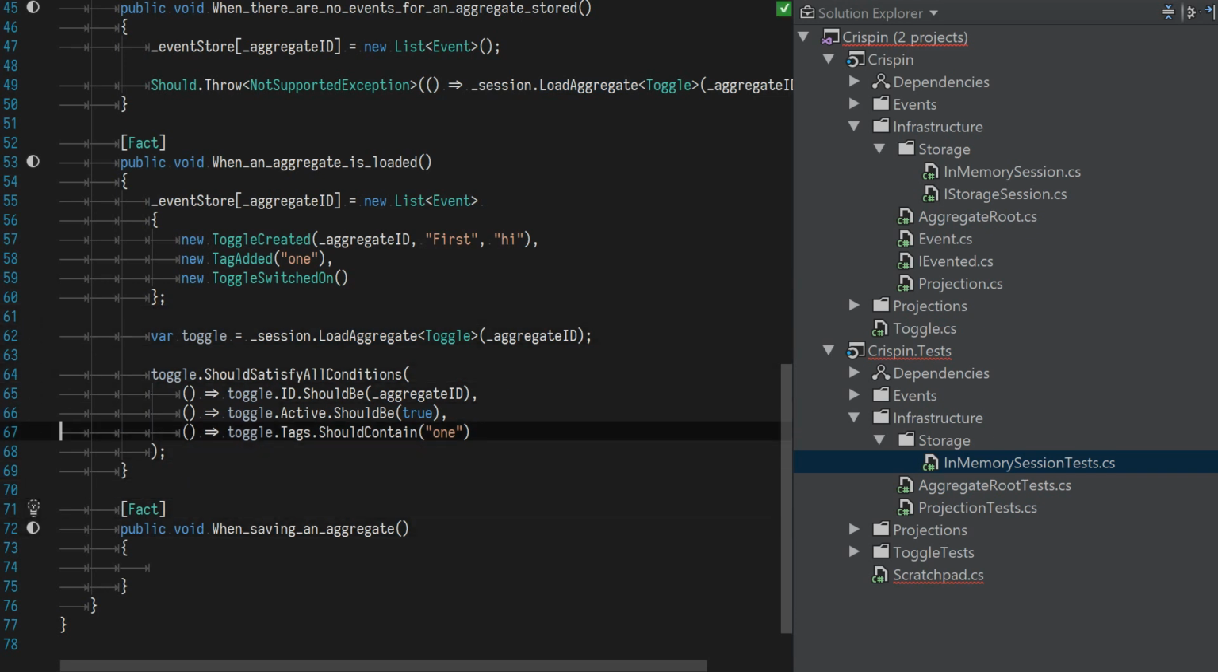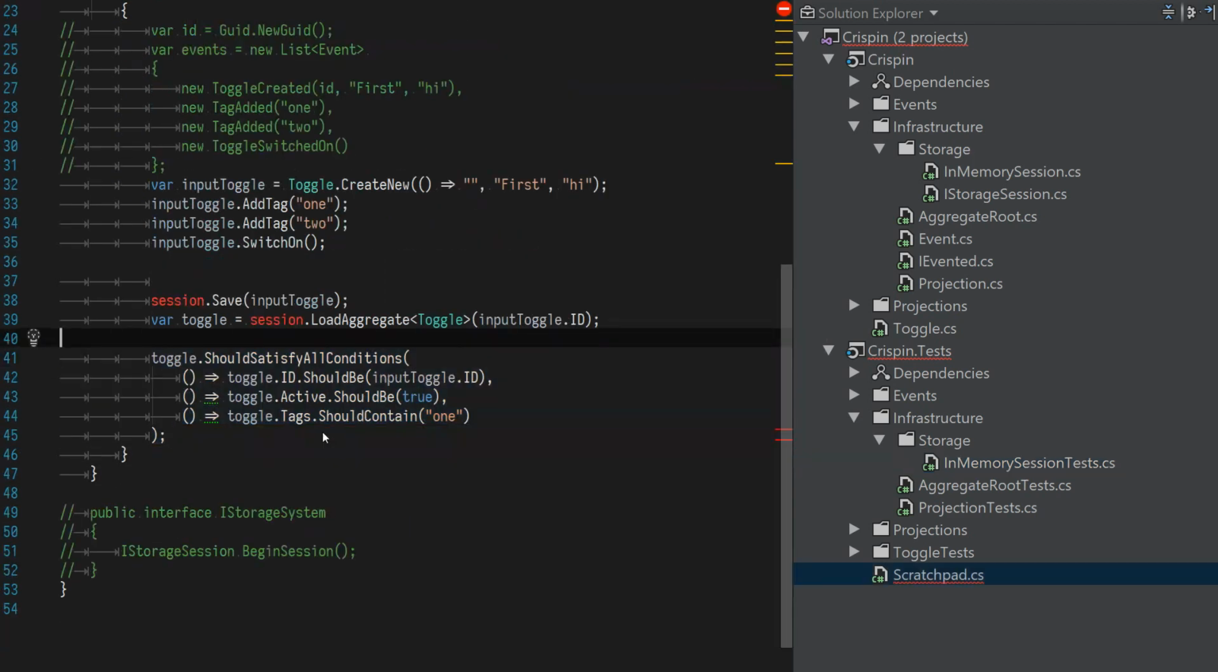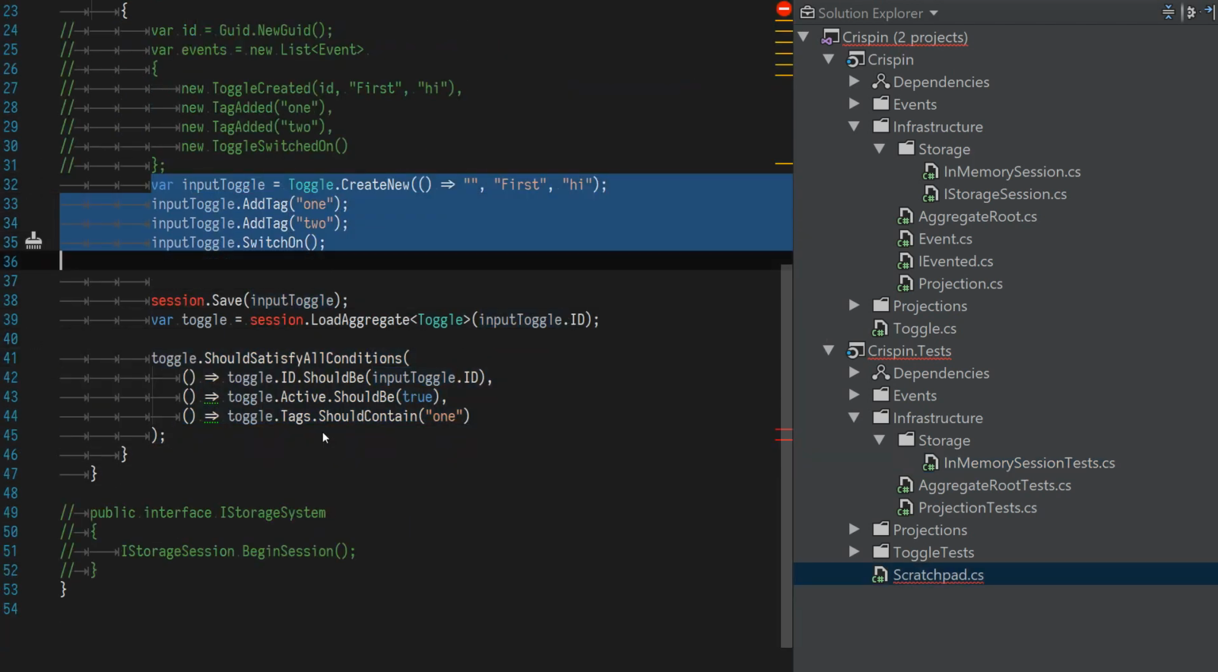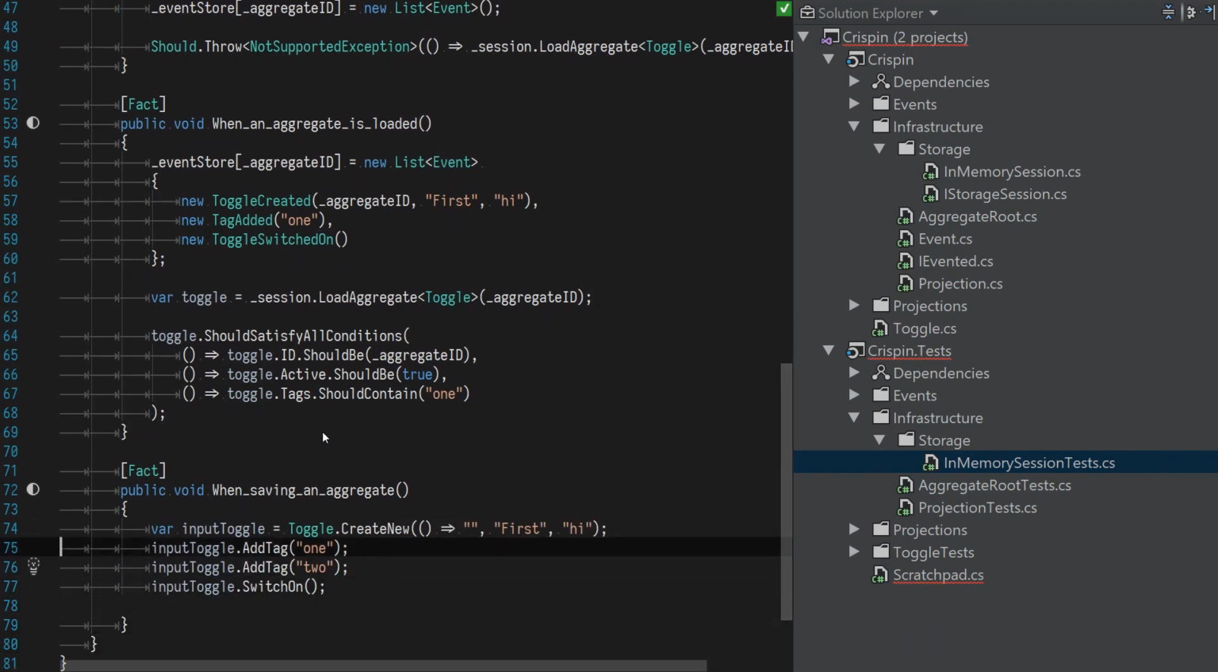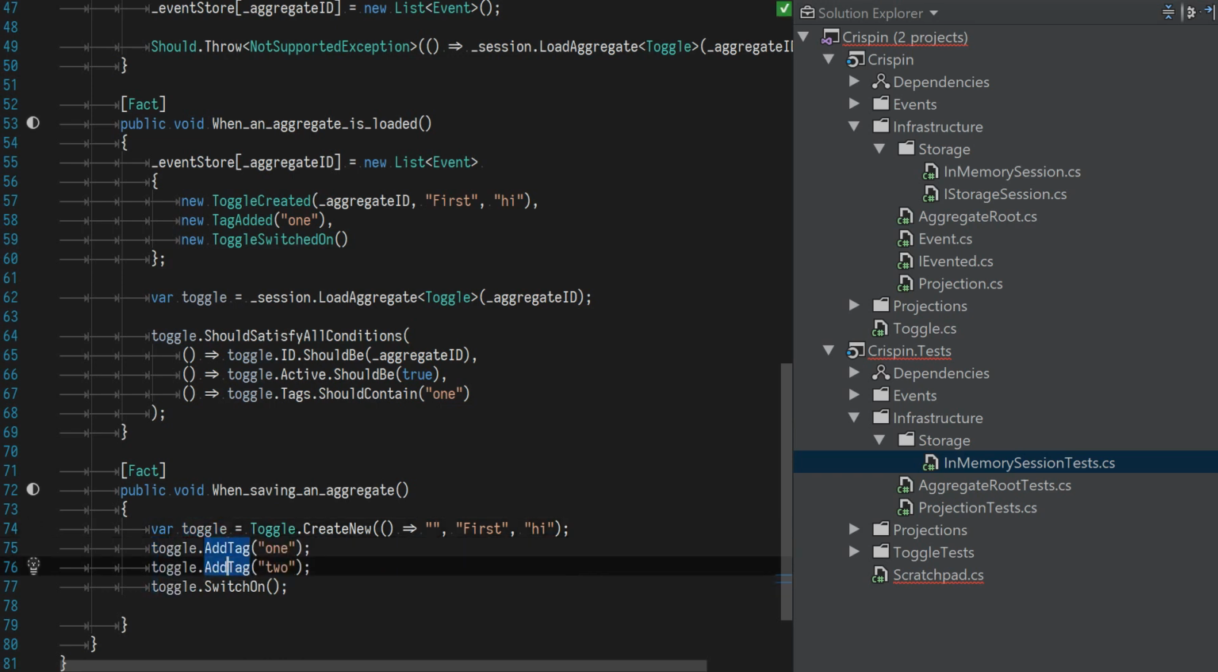And finally we want to implement save, so that is grabbing this. Create new, blah blah blah. Let's rename it toggle. Then we say